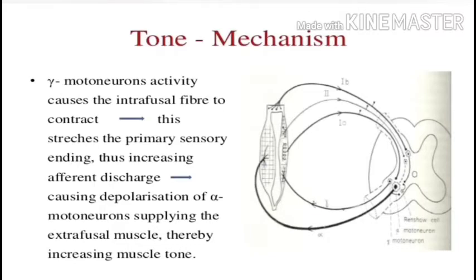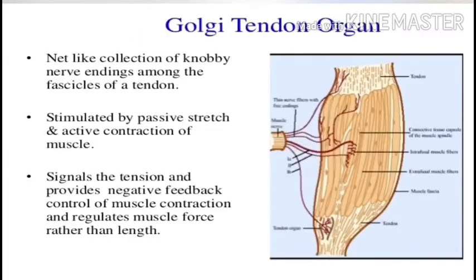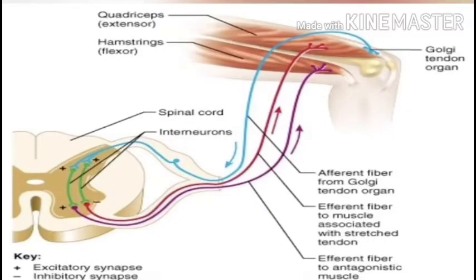There are local reflexes generated here, and there is also some supraspinal control which helps in maintaining the muscle tone. We have already said that the Golgi tendon organ detects the change in tension in the muscle. Whenever there is excess tension in the muscle, an inverse stretch reflex or autogenic inhibition is initiated, which prevents excess stretch and causes relaxation of the muscle, because there is stimulation of an inhibitory interneuron in this process.